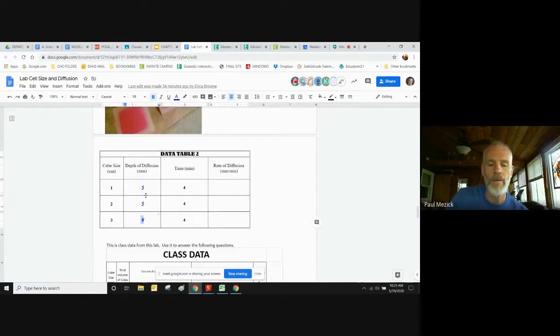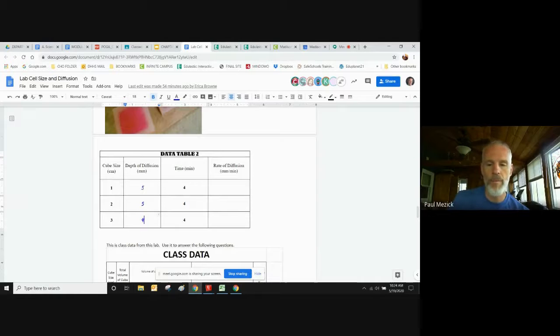So my point is that it's very possible that this student cut as soon as they took it out of the hydrochloric acid, okay? But these two, maybe they took a little longer. But if you look at them, a millimeter is very, very little. The difference between the depth of diffusion in cube 1 and 2 and 3 is only a difference of a millimeter. That's very, very little. So if you account for error,